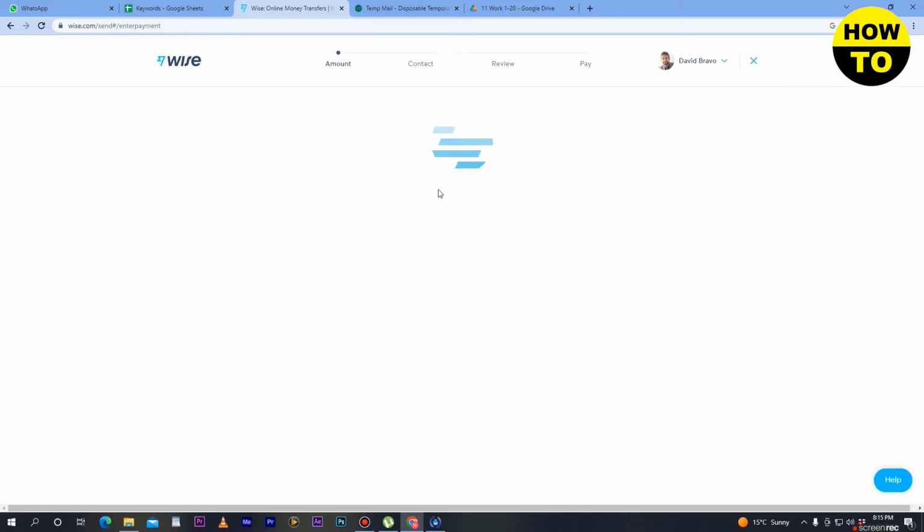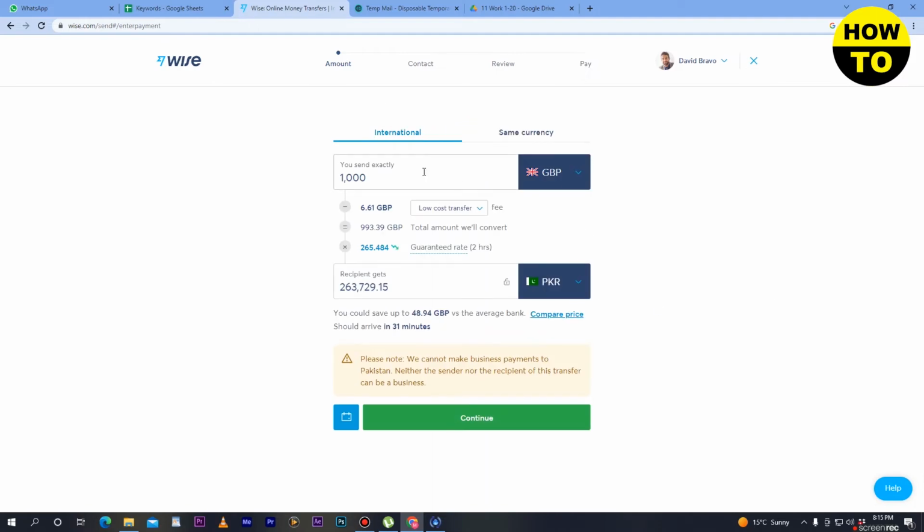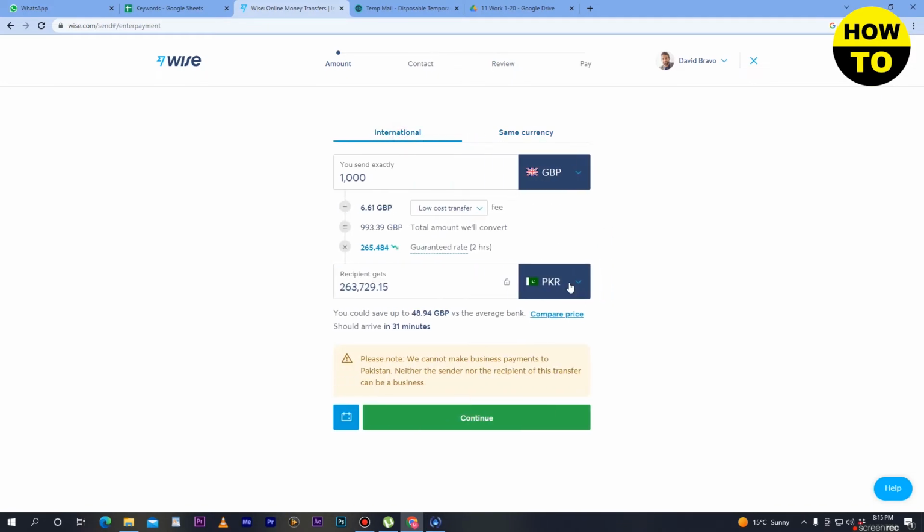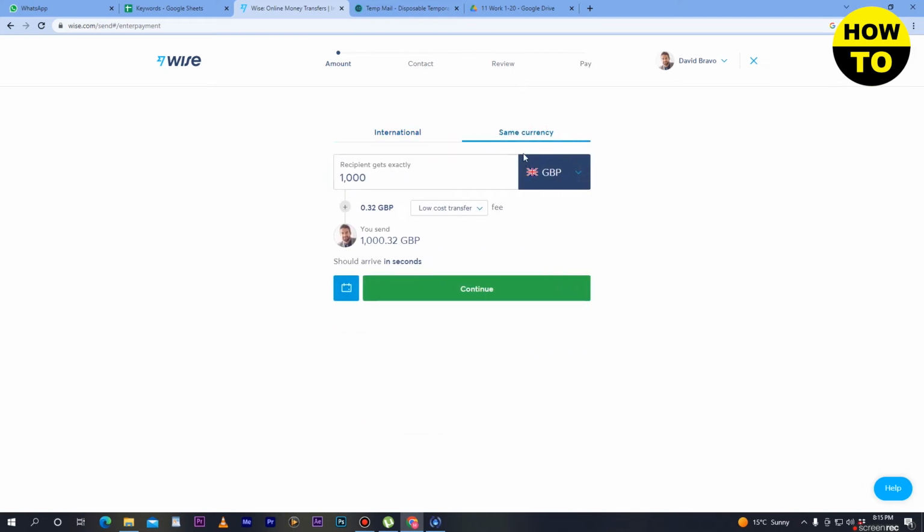So here you can see the amount section. Now type the amount that you want to transfer. Simply in the same currency you select here, or in international currency you can also select the international currency here. In my case I have selected the same currency, and after that just here you can see the continue button. So simply click on continue,